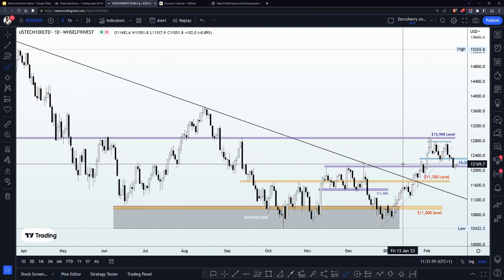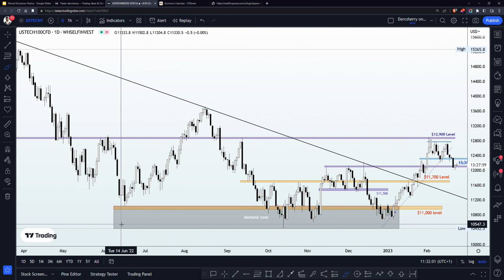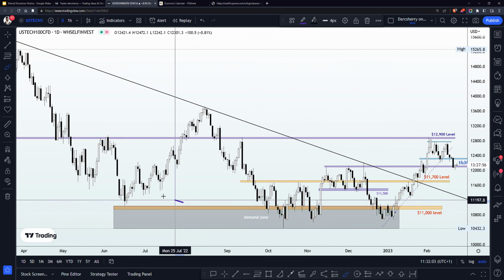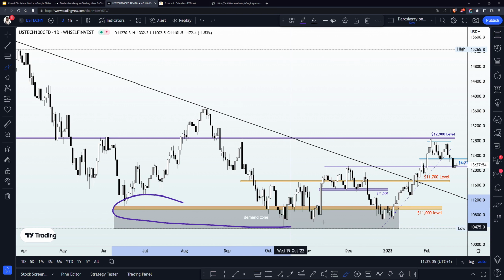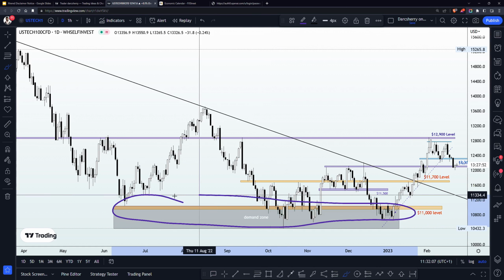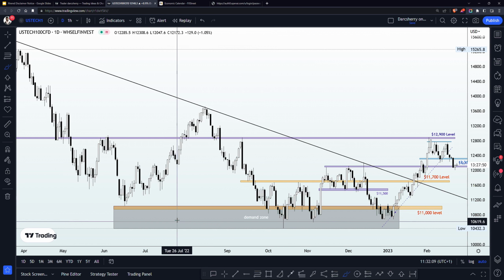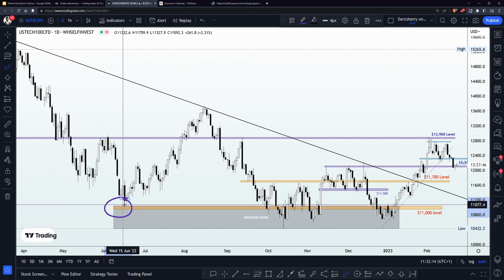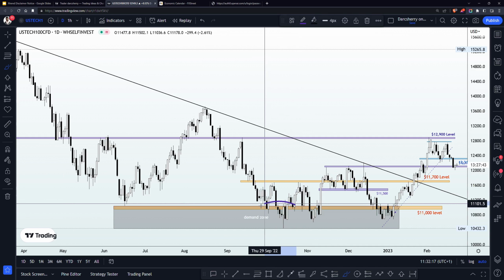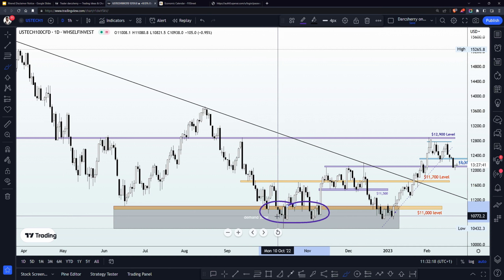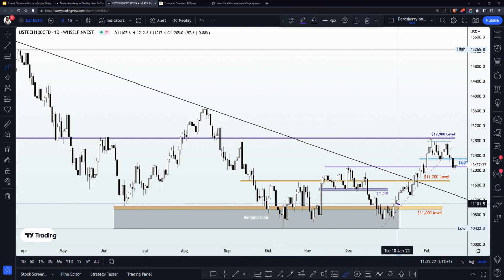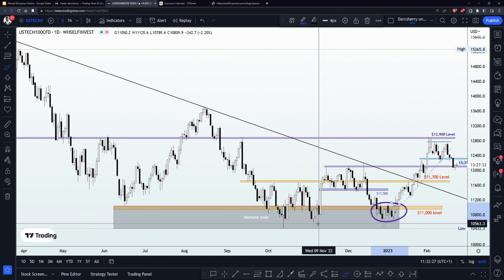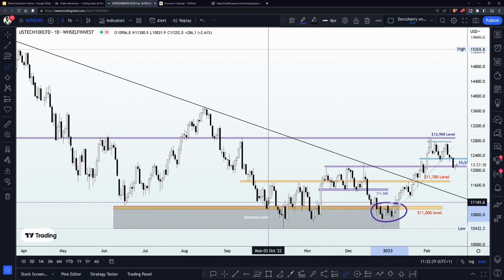Now, things got a little bit interesting in the month of June, as you can see how the $11,000 area had been serving as a strong buying niche in this market. So every attempt by the sellers to break down the structure throughout the second half of last year was met with strong resistance from the buyers. And what this simply means is that the participants in this market have seen the $11,000 level as a cheap price to buy the US tech.